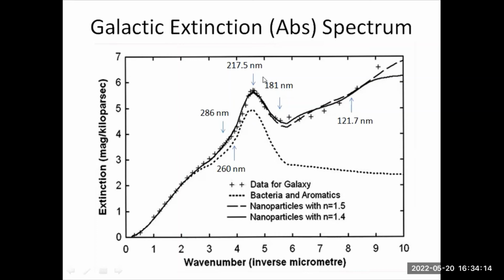And that corresponds to conjugation. Remember, I mentioned in an earlier talk that if you have conjugation, that is double bond, single bond, double bond, that's double conjugation. Then the absorption is about 220 nanometers, or about 217 nanometers. And if you have triple conjugation, we get absorption at 260. And that is, for example, benzene, which has triple conjugation, and the nucleic acid bases, adenine, guanine, cytosine, thymine, they all have